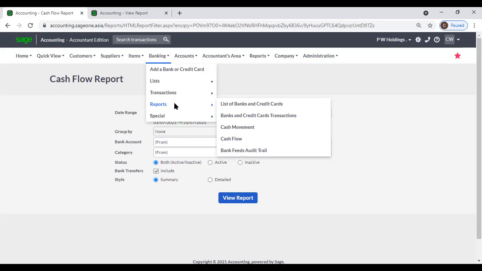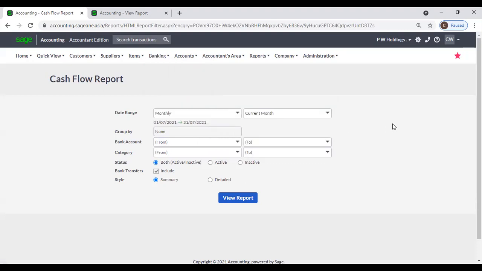Okay, now if your auditors request your bank transactions, you can use this banks and credit card transactions. And if you want to generate a cash flow report for your management reports, you can generate it from this cash flow report. And the cash movement report also you can utilize for decision making for your company. And you can generate those reports detailed or summary, or you can select a particular period and generate these reports. Right, next,